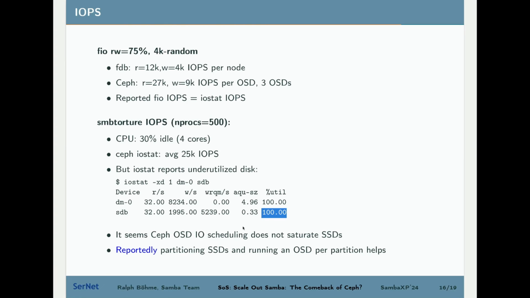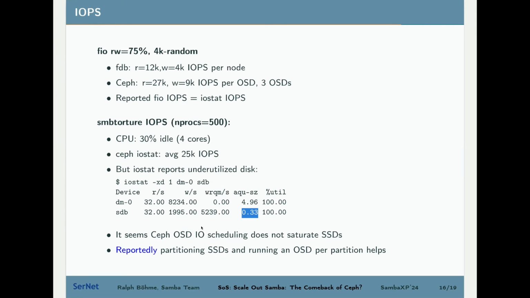And so the actual utilization of an SSD storage resource can only be judged by this parameter, the average queue size. Having values a lot higher than 1 is what you want here. And this is actually happening still on the device mapper device, which is the actual device used by the Ceph OSD. We have a queue size of close to 5 here, but all those requests get folded and collapsed into a lot fewer requests, which then results in serious underutilization of the SSD.